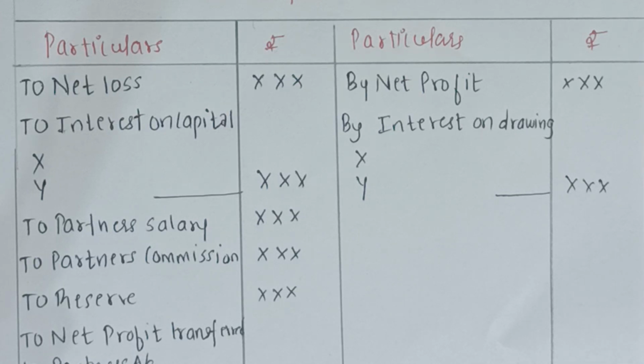Then moving on to interest on capital. What is interest on capital? We know that capital is the amount of money contributed by the partner towards the firm. Interest on capital is an expense for a company, because the partner will be paid interest on the amount of capital that he or she has invested in the business. For example, Mr. A has contributed rupees 1 lakh towards the firm. This is the capital that he has contributed.